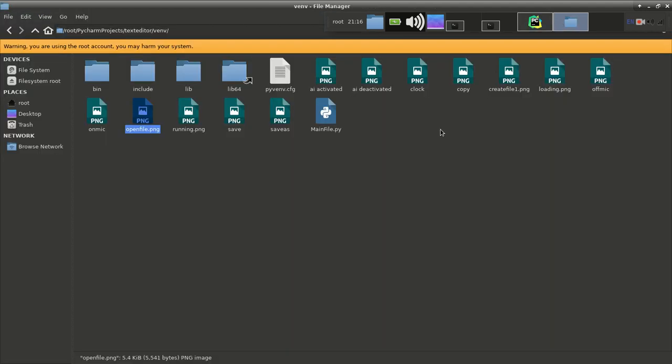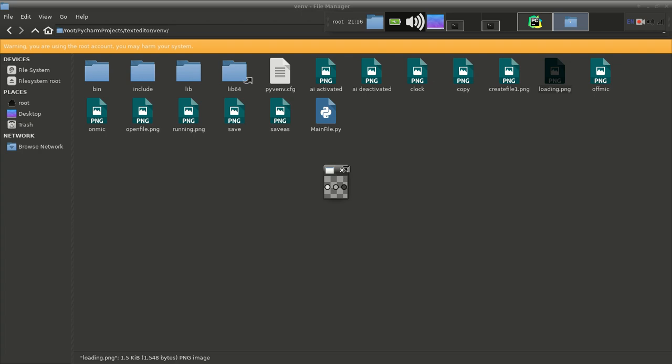Guys, you can see over here that I have two images for the indicator. One is the running image like this one, and another one is three empty dots or colorless dots, the loading image. You can see over here one non-colorful and the other colorful.